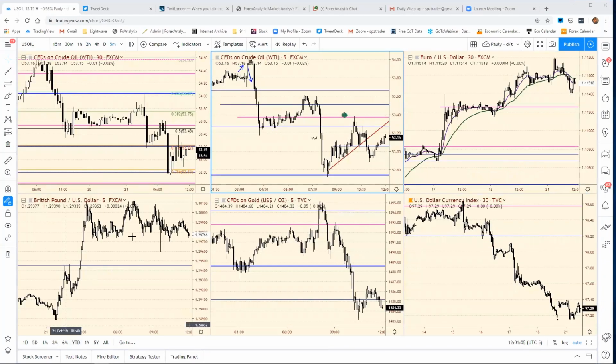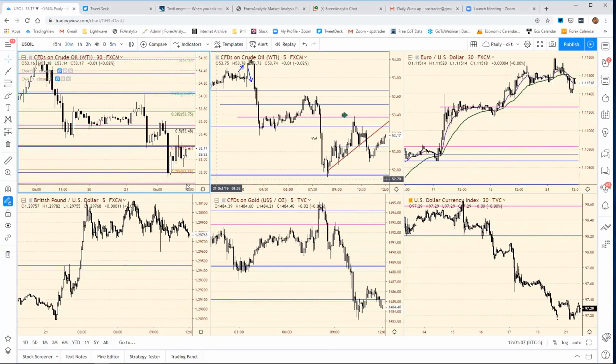You can see here, and I'm looking here on the 30-minute. We did come down here to this 78%. I actually picked it up. Same thing, I didn't hang on for too long. My concern was,